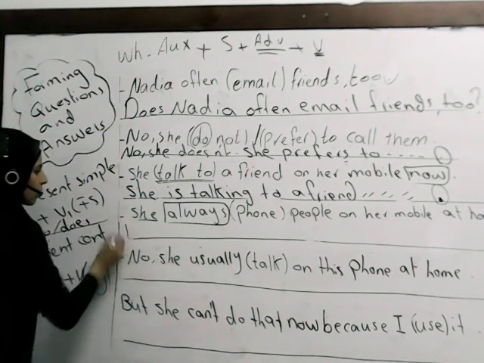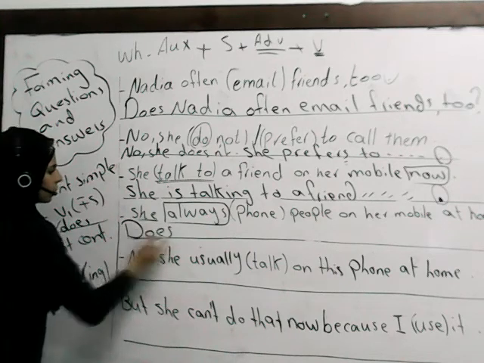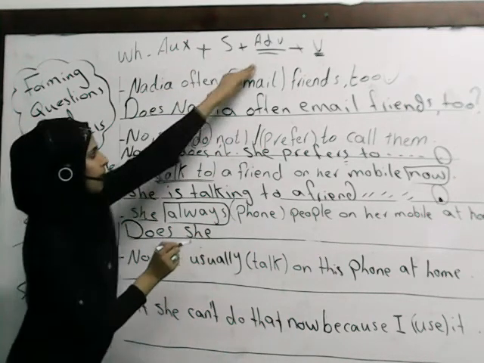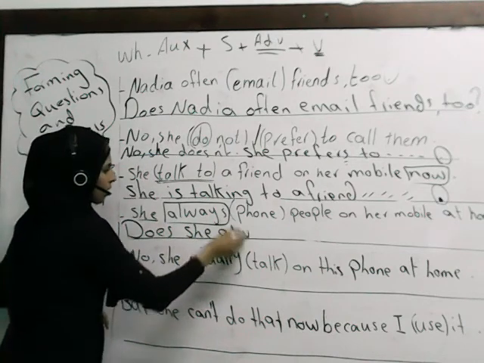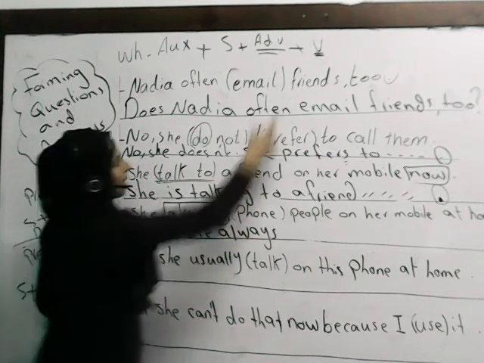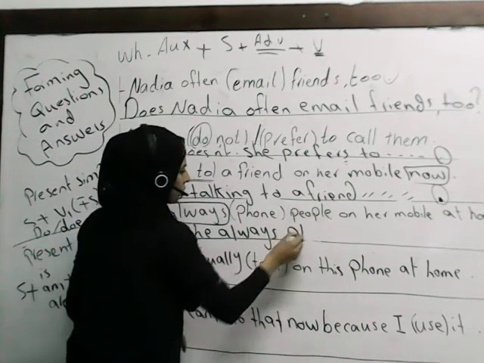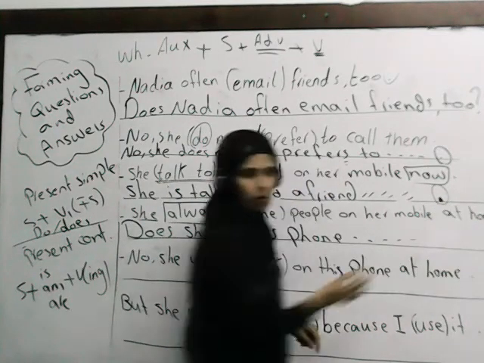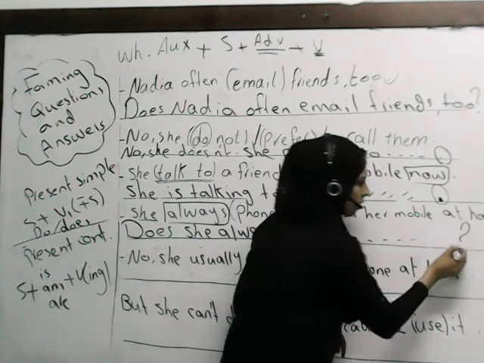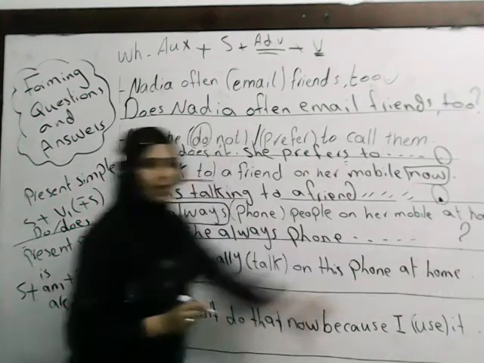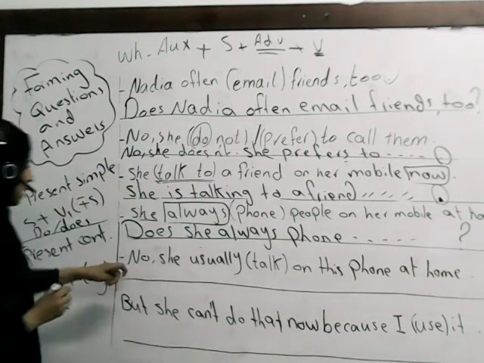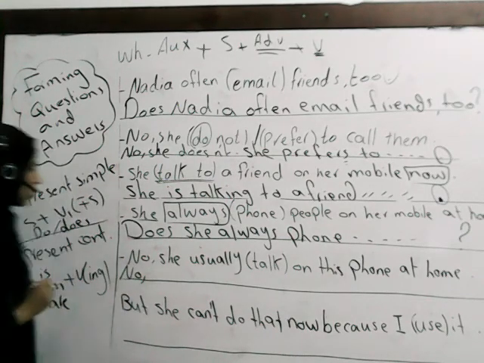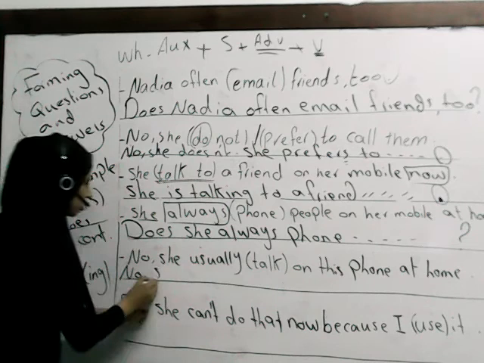She is singular, so we need to start with does. Does she, which is the subject, and then the adverb that we have, and then the main verb, which is phone, and the rest of your question. And don't forget to add the question mark. The answer is no. Let's form our sentence starting with no. No, she